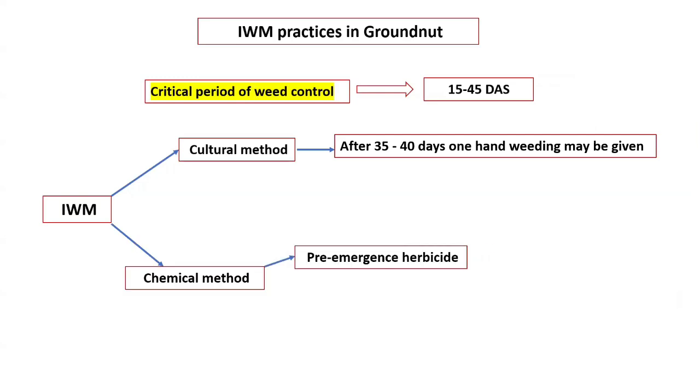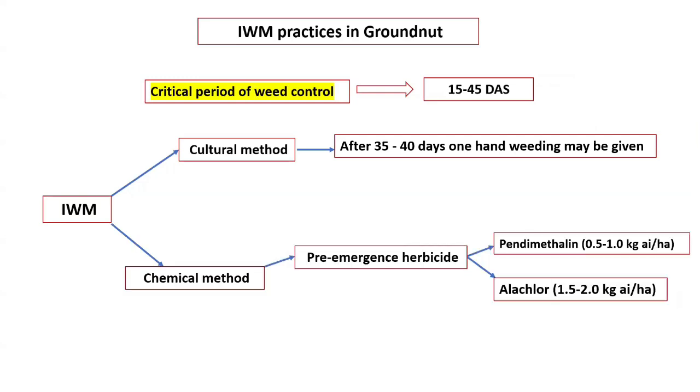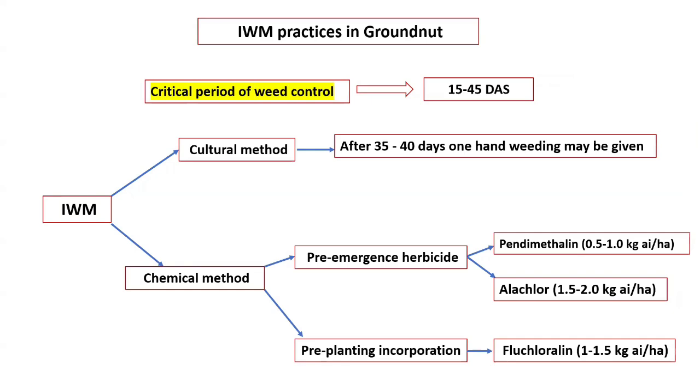Now the groundnut. How can we perform integrated weed management in groundnut? Because in groundnut, if the crop is weed free from 15 to 45 days after sowing, then we can achieve the optimum yield. Under the cultural method, we need to give one hand weeding at 40 or 30 days, depending on the situation in the field. After that, under chemical methods, as a pre-emergence, pendimethalin is present, and we can also give alachlor. And if we go for PPI, pre-planting incorporation, we go for fluchloralin, followed by hand weeding. Next,